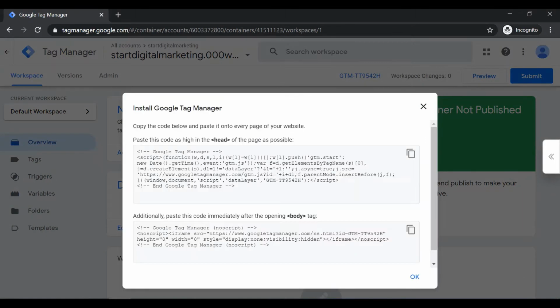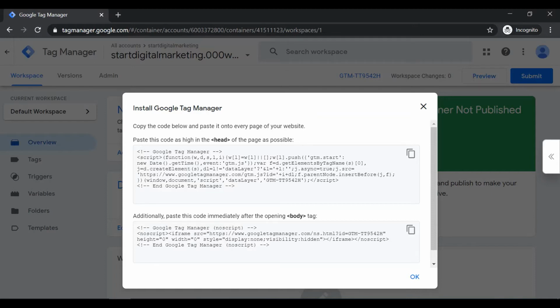Now we have our new account and new container. We can see the Google Tag Manager code that we need to add to all pages of our website. If you are going to implement the code directly on your website, then you need to copy the JavaScript tag and the NoScript tag.